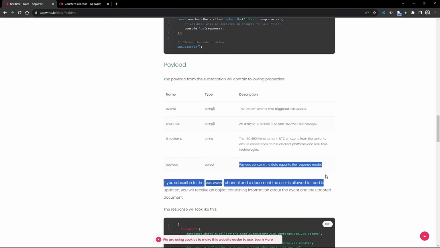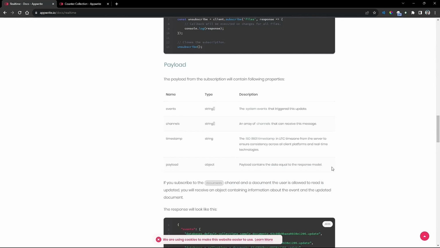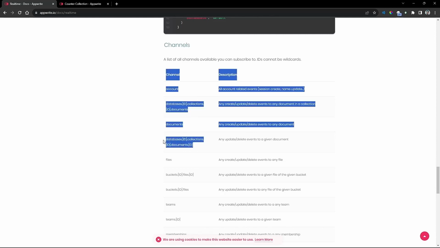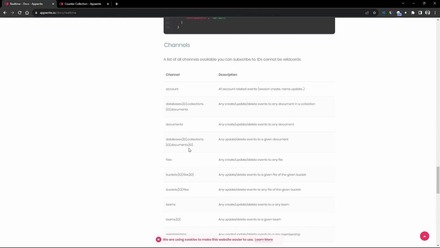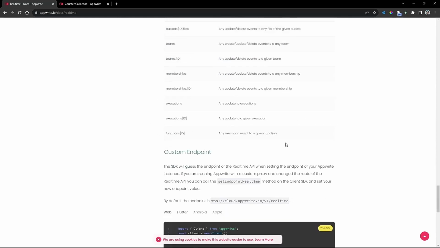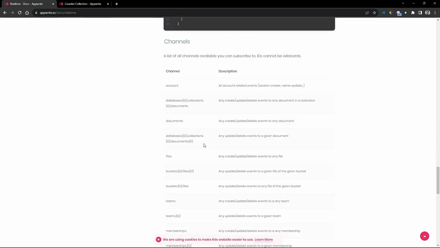Well, payload is all that data which we would get from our database, and these are all the list of channels that we can subscribe to. So basically you can subscribe to an account or a particular document, like all the documents in a collection, a particular document in a particular collection which is present in a database, all the files, buckets, like basically every service that you have on your Appwrite server, you can subscribe to that event and listen to it